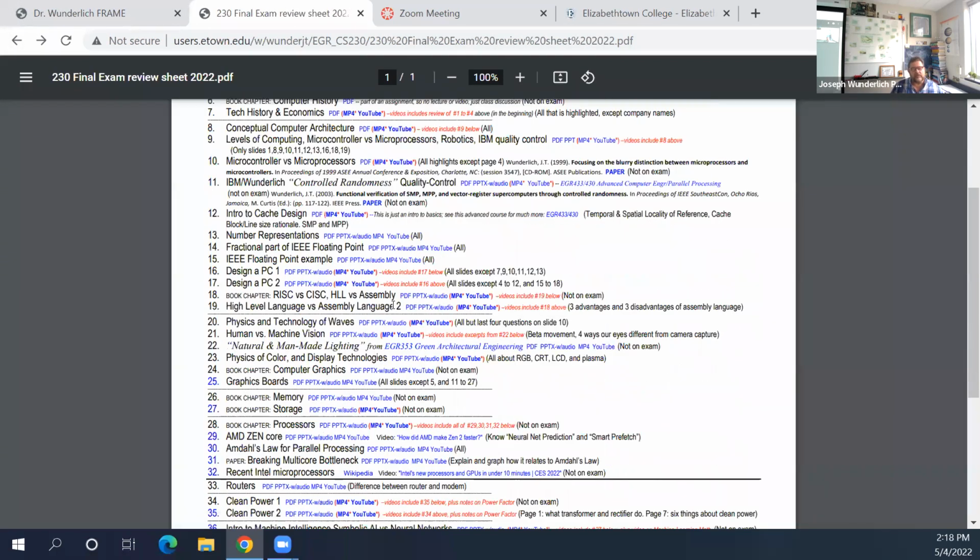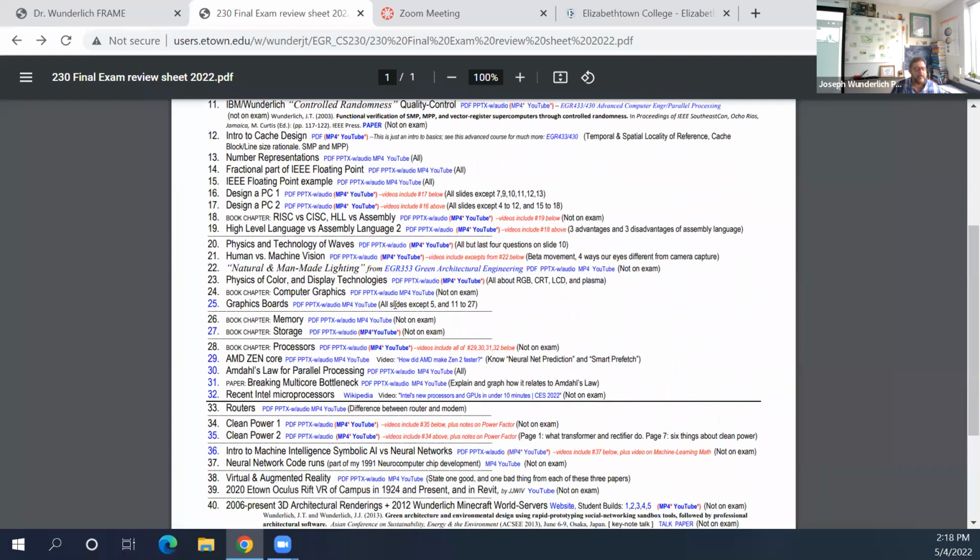Although it lends itself to understanding the difference between the speed of sound and the speed of light, that kind of thing. Order of magnitude differences, which is important in computing too. Then